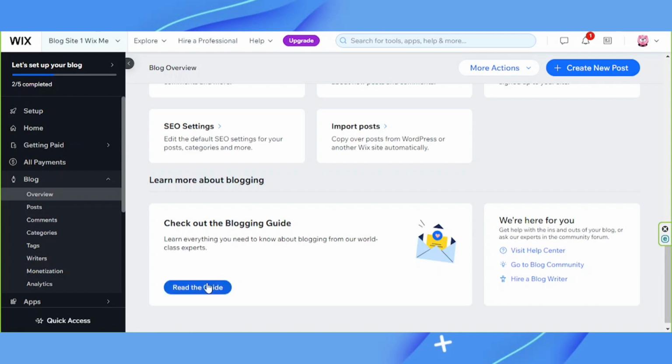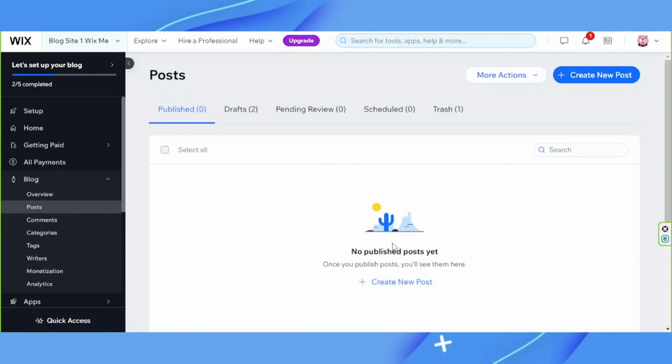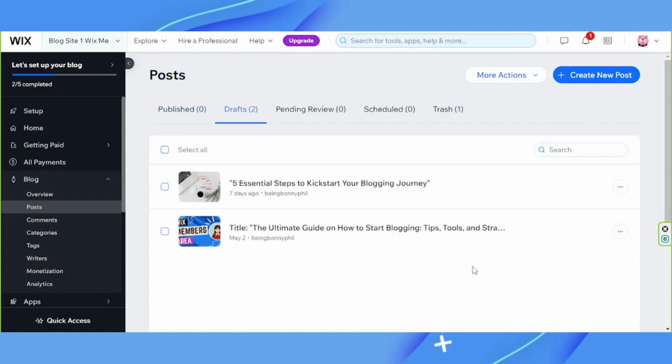Now let's talk about the next one here, and that is Posts. This is the page where you can see all the posts you have created, whether they're published or not. Here on the Published section is where you can see and manage all of your published posts. Unfortunately, we don't have one over here. The Draft section is where you can see all of your saved posts that haven't been published but only saved